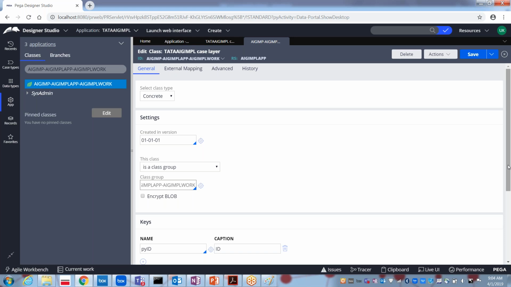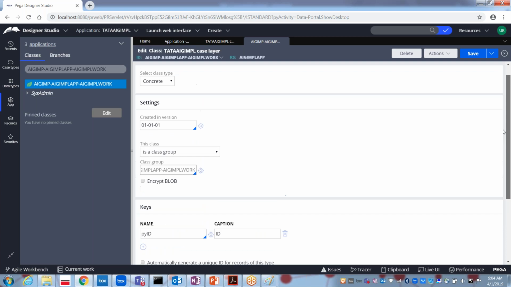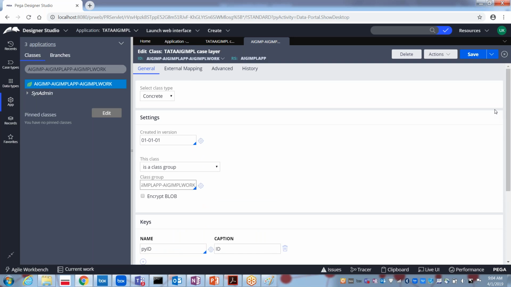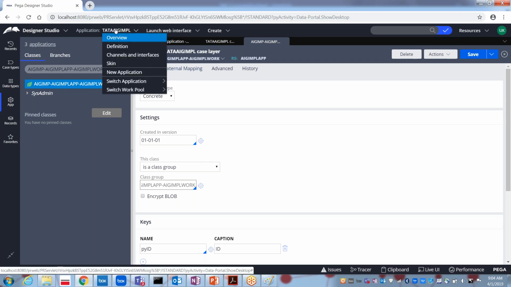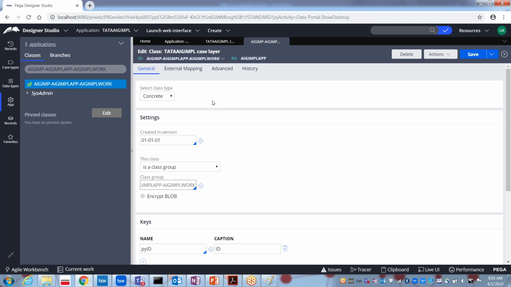Okay, so any queries? Tomorrow we will be learning how to implement the functionality in this application, how to add the functionality, how to create the properties. All those things we will be learning accordingly. I hope you all have access to your local Pega PRPC software, and you can also create the applications accordingly. It's very easy, just running the wizard. From here, you can select new application and just run the wizard, and again it is going to create the application accordingly for you.